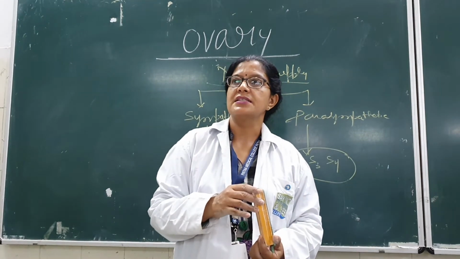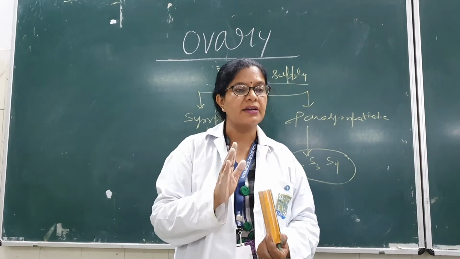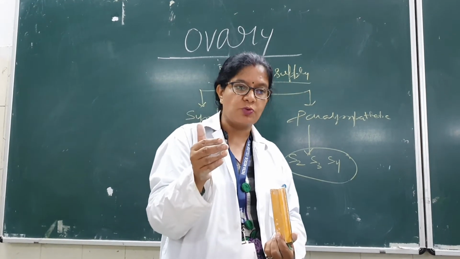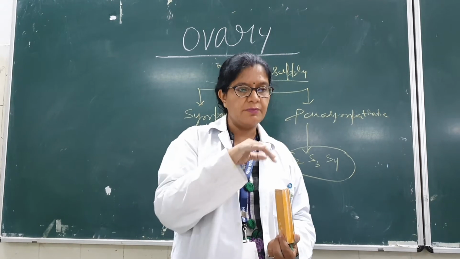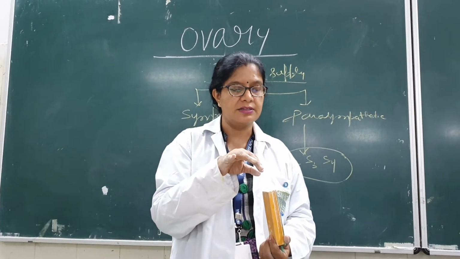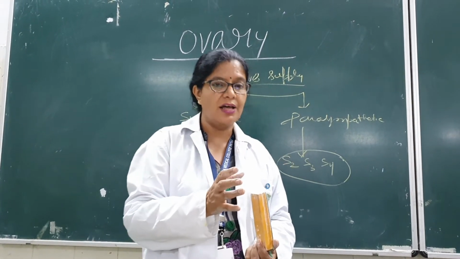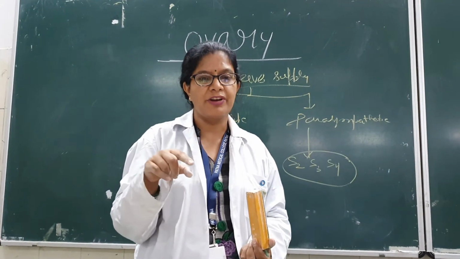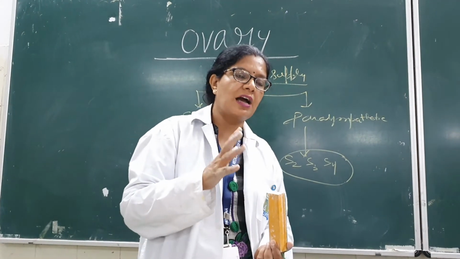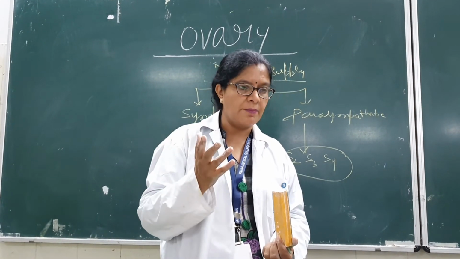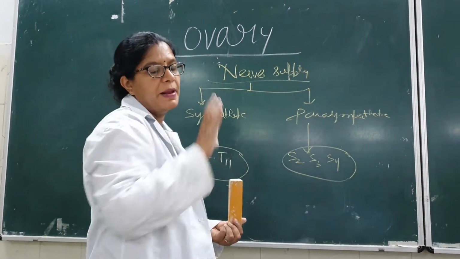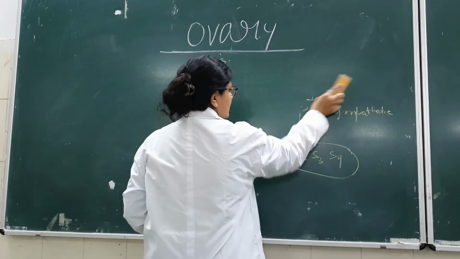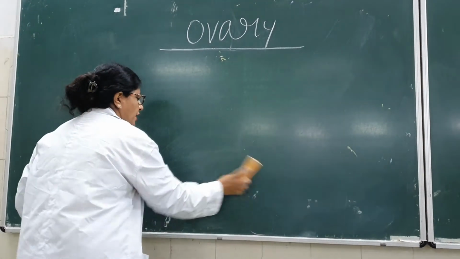Okay. Now it has two surfaces, lateral surface that will be in relation to the lateral pelvic wall in the pelvic cavity, and medial surface. In relation to medial, we have a bursa, that is the ovarian bursa. Now two ligaments: the ligament of ovary coming to the lower end, that is one ligament, and the other ligament is from the infundibulum to the pelvic region. So two ligaments will be there. Now nerve supply, arterial supply, or now coming to the applied anatomy.